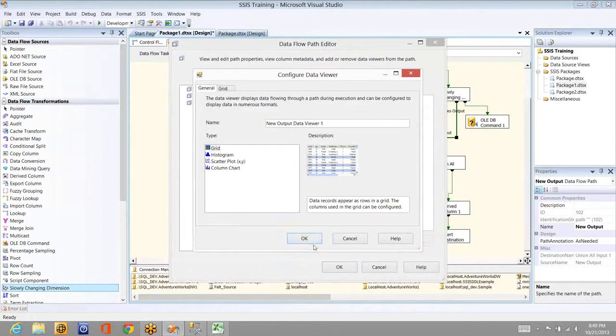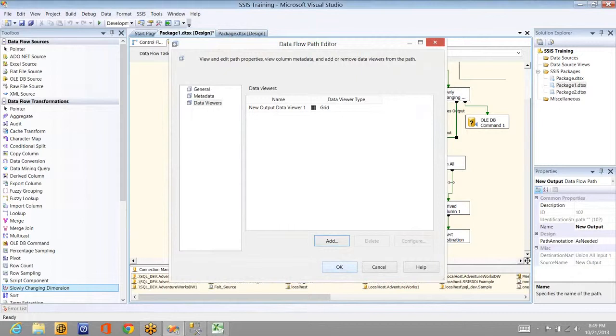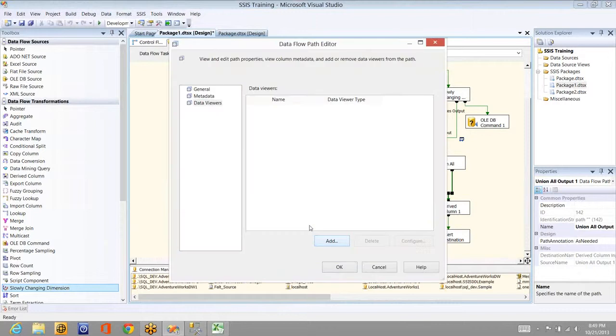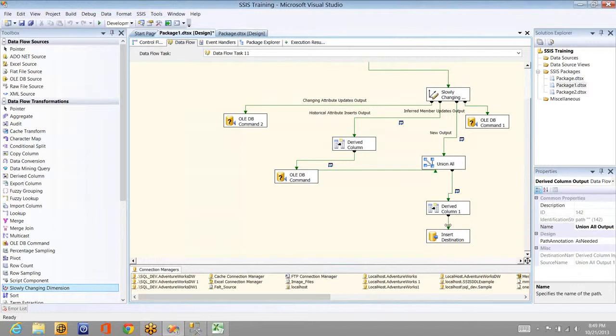To be frank, it's too many data viewers, but let's see, so that you'll get a clear picture. New data viewer. Oops, I cancelled it. Okay, and let me set one more data viewer before inserting to the destination.